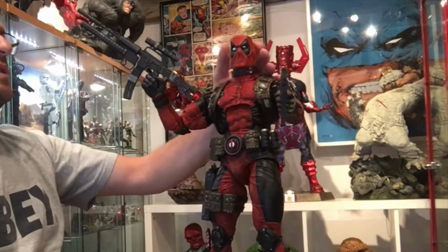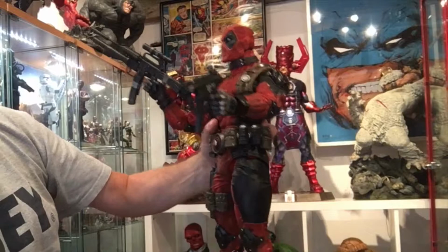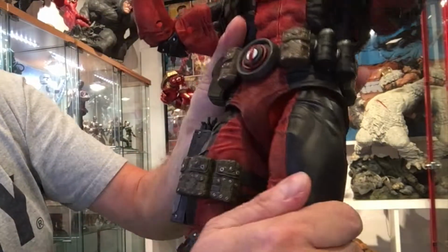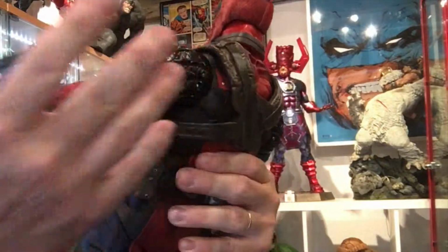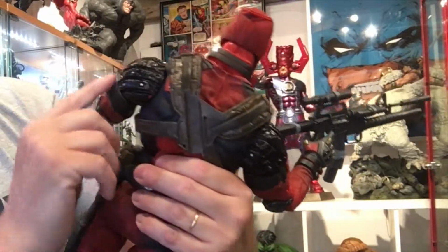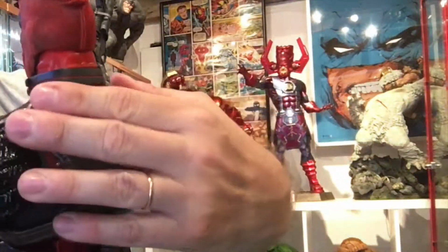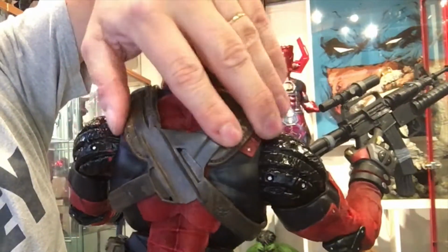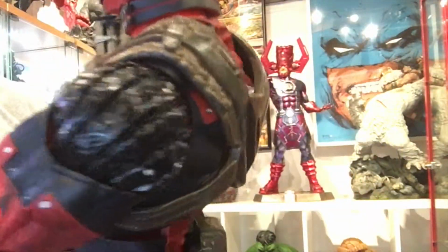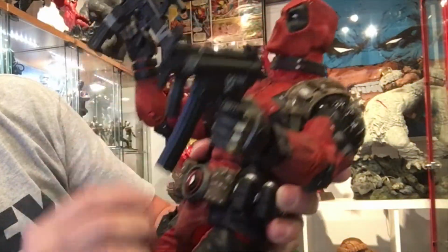You have articulations everywhere, of course: the neck, the legs, the shoulders. You have a nice texture for the clothes. It looks like fabric, or it's plastic, but it looks like it's not. You have different tones of black, shiny black, matte black. You have this thing which holds the katana on his back, which really looks like leather, with little iron and metal,